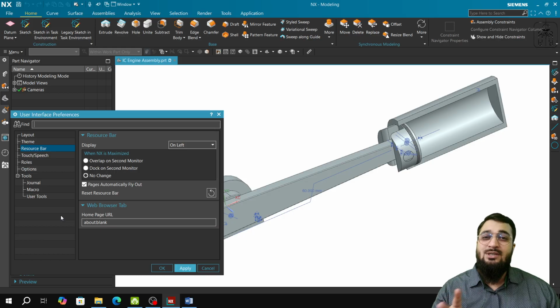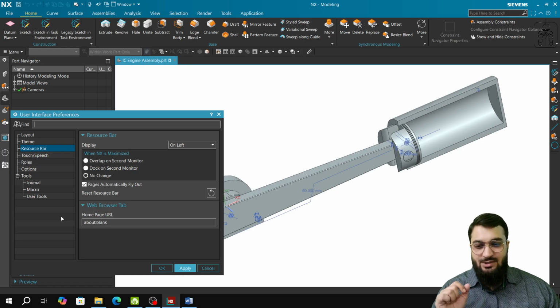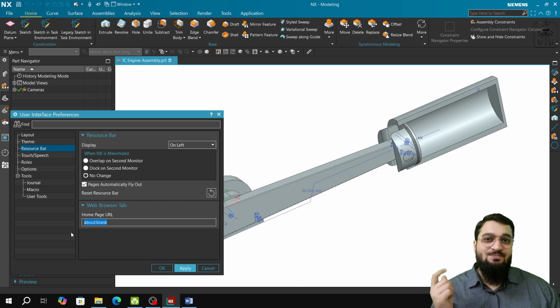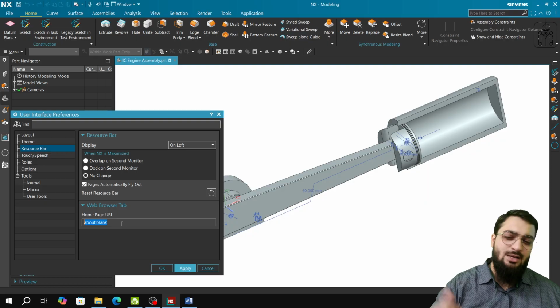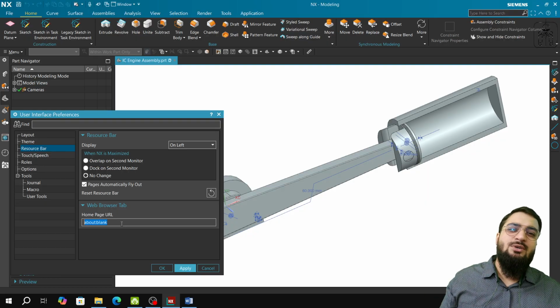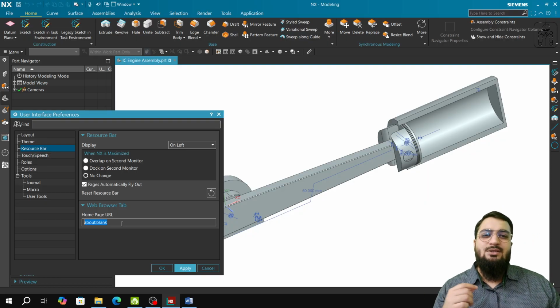Otherwise it will hinder your learning, and it will degrade your morale and your confidence in learning Siemens NX. Secondly, since this software is not the original one, I have kept the homepage URL at about blank, so that it does not interfere with other things, like license files, etc. It will not, but just to be on the safe side,